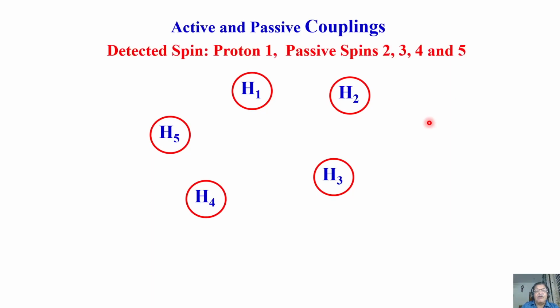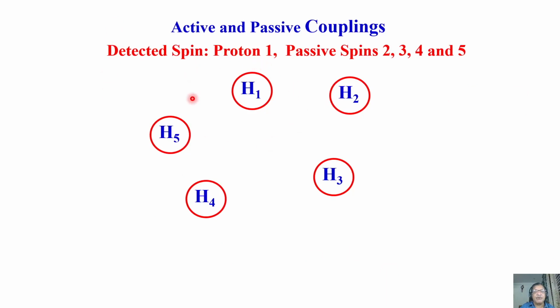Look at this one. Now I am going to look at proton 1. There are 5 protons. This is the chemical shift of 1, 2, 3, 4, 5. 5 different groups of peaks are there, 5 different chemical shifts in the proton NMR spectrum. And each of them is coupled, and the pattern is different, like we saw, AMX and 4 spin coupled. We have a different pattern depending upon the strength. Although the number of peaks is the same, the pattern may be different depending on the coupling strengths, and the intensity will be all the same. That's what I said.